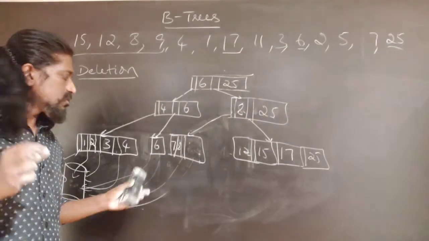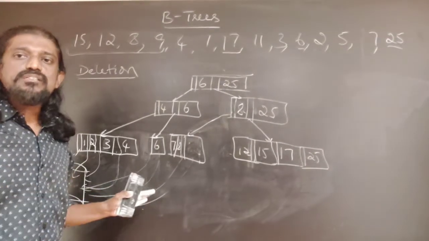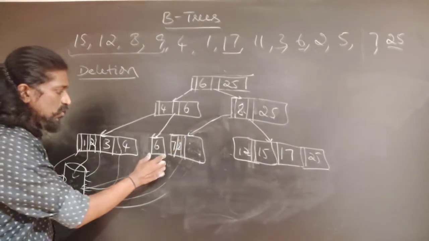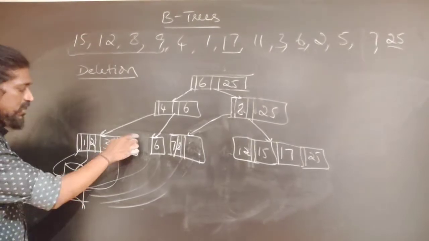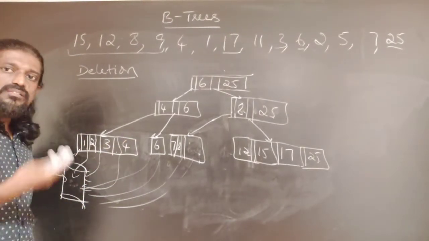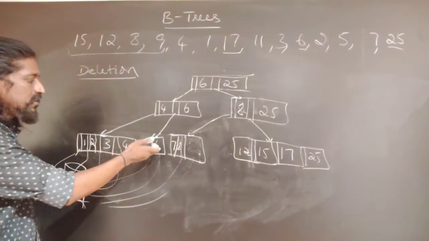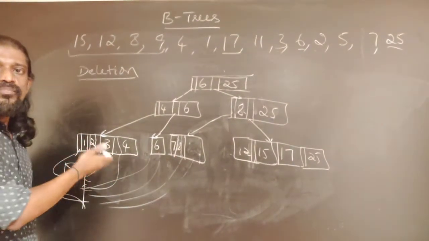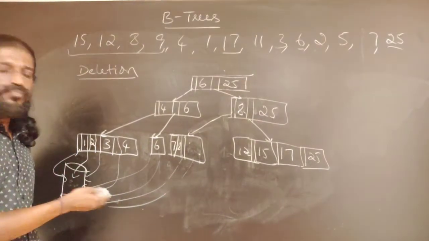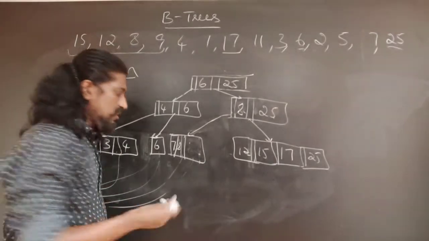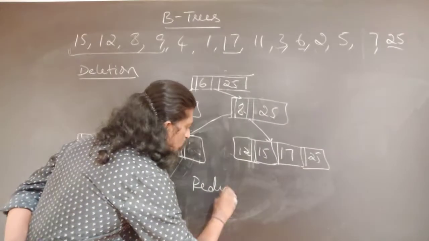It has to merge with one of its siblings, and that too which is adjacent, neighboring, either to the left of it or to the right of it. So now when 6 tries to merge with this, you can see this particular node already has the maximum number of keys it can have for its survival. So 4 keys are already present. If it takes 6, then it will anyways overflow. So therefore in this particular case, we handle it by one more operation, what is called redistribution.